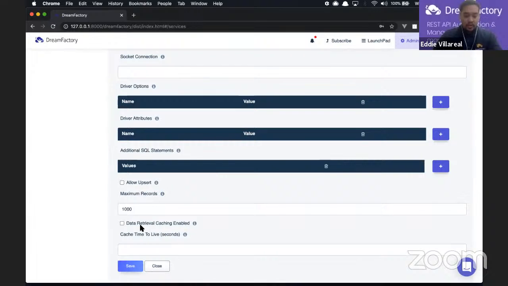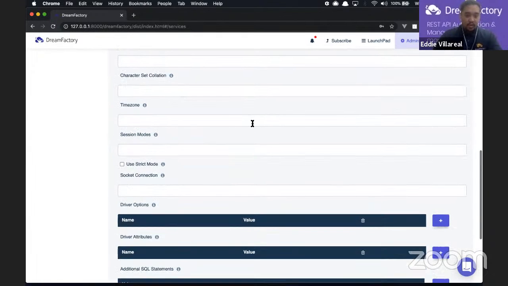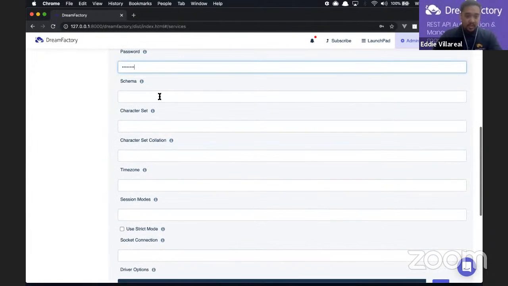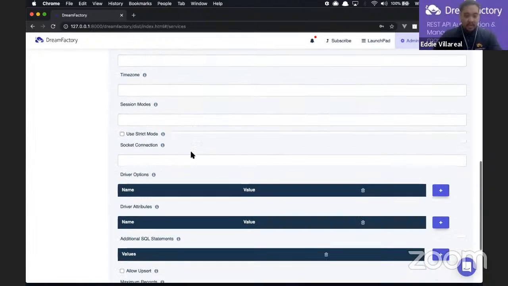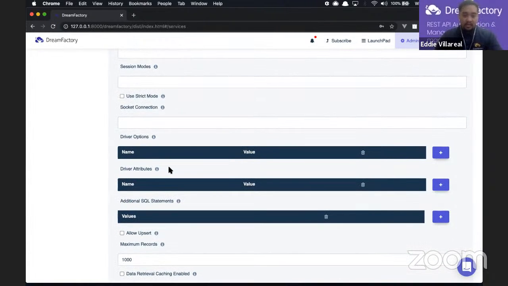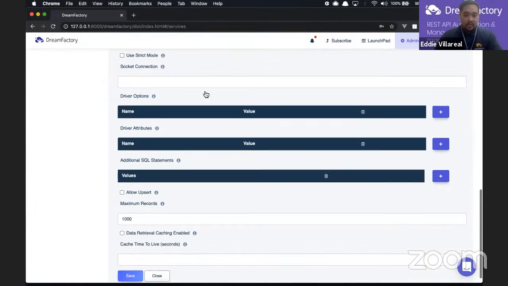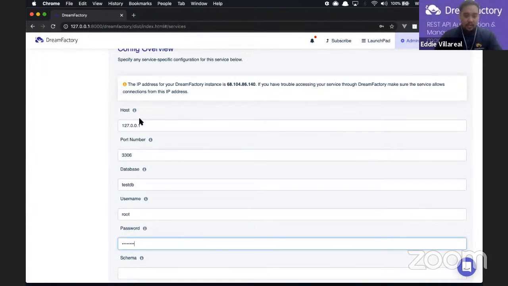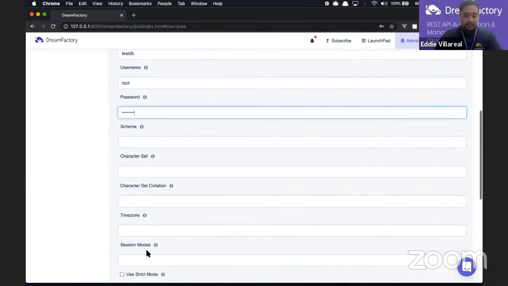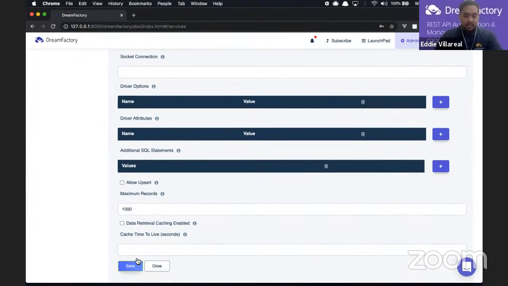You can scroll all the way down to the bottom. I will mention that there are other optional fields, like schema, character set. Again, this is just predicated on how your data is structured and what you'd want to add on to this field. But the only required fields, like I mentioned earlier, are these fields here. You click on Save